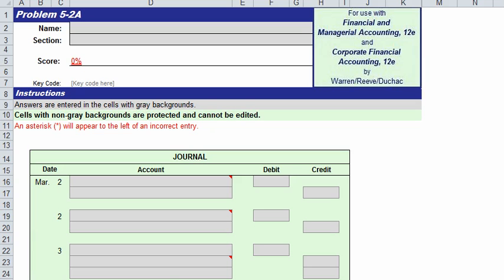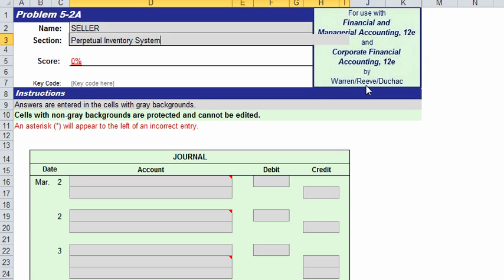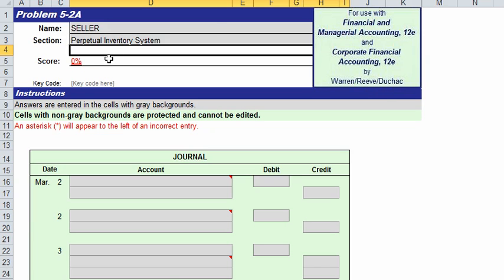And we've already looked at purchase transactions. On all the purchase transactions, of course, you guys, we were the buyer. On all of these transactions, we'll be the seller. And I'm going to put that in as my name here. Okay, we're going to be the seller on all of these, and we're using a perpetual inventory system still. Okay. All right, now your grade will update here as we go, and it'll be the same on your